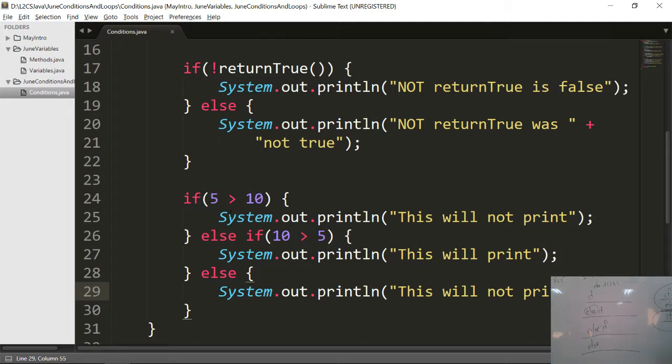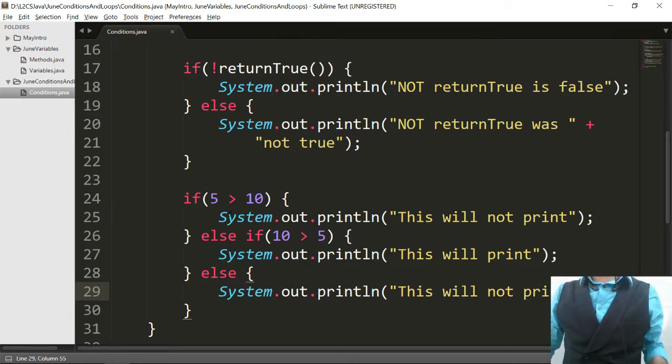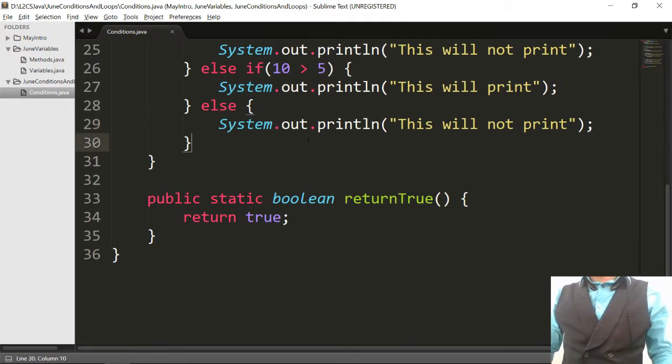Questions about this? All right. Yeah, we'll get rid of this too. Now, you can also nest these. To nest something is to put it inside something else. So we can do something like